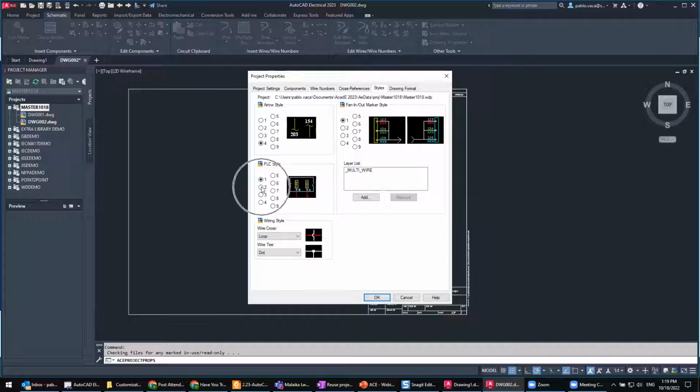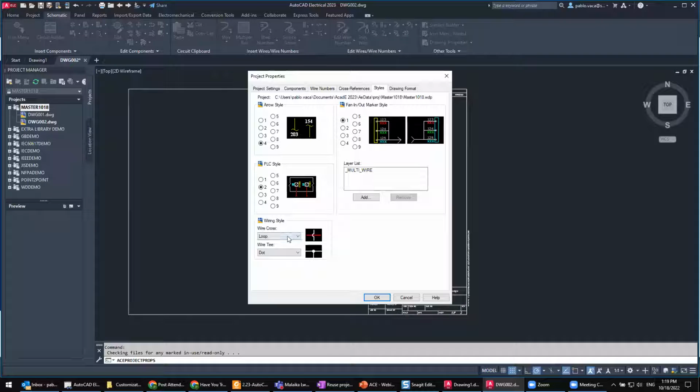It's going to be the same for the PLC style. As you can see, when I change on those, it changes the graphical format. And it's going to be the same for the fan in and the fan out. As you can see from here, it changes a little bit how the references are being displayed. The first one is on top and bottom. The second one is in between the line, and so on. So you can define this, so this way, anytime that anybody copies this project or creates a new drawing based on this project, it is going